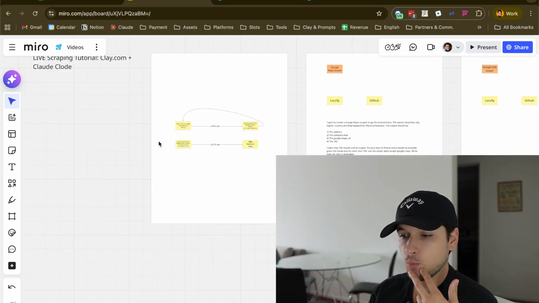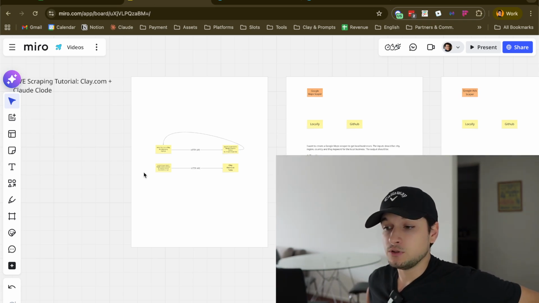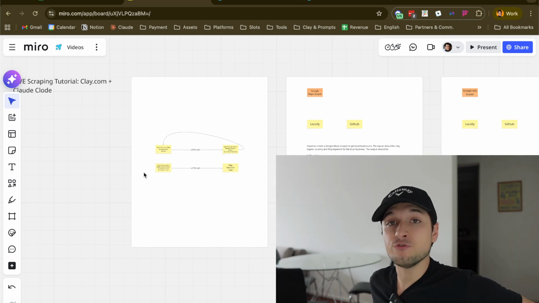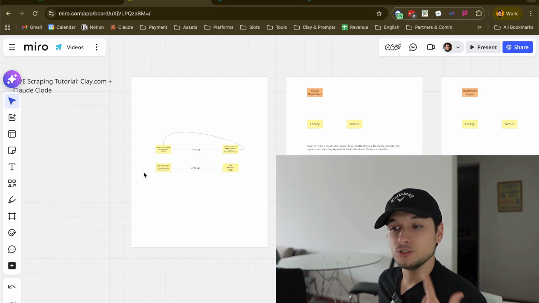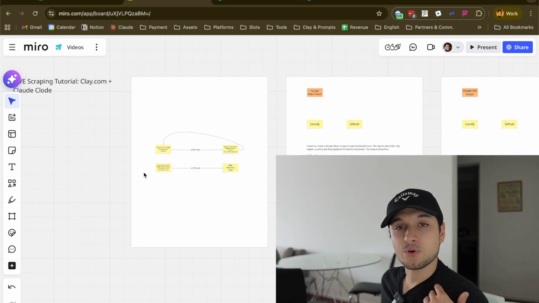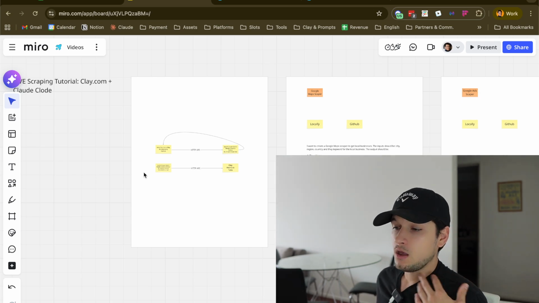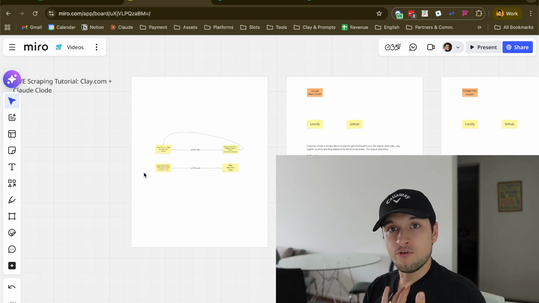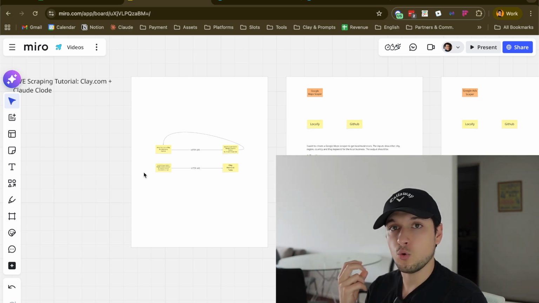And guys, this is how it works, combining clay.com with Claude Code. The limit now is your imagination, and the winners would be the ones that are moving faster, not the ones building the shiniest object, basically. I see a lot of shiny objects, creators, and people posting about crazy stuff that of course doesn't work and doesn't move the needle. I think you have an edge if you move very fast, and if you have the technical acumen, but you connect it with business acumen, you know what you're doing, you know what brings results,